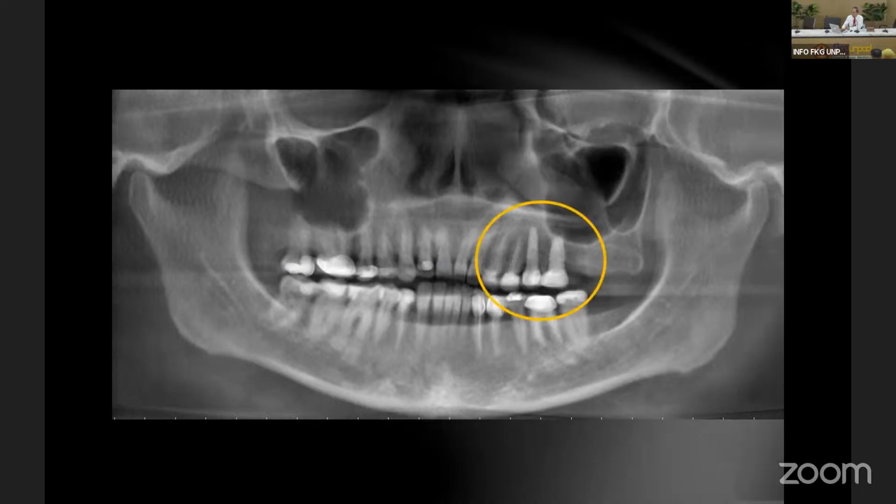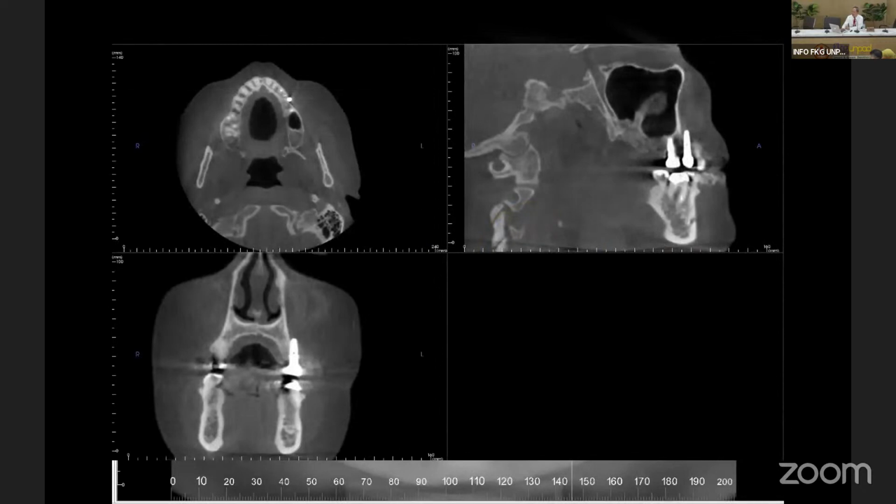But when we take a cone beam, we see that there's a buccal perforation of the implant. That's the reason for the patient's discomfort after implant placement.